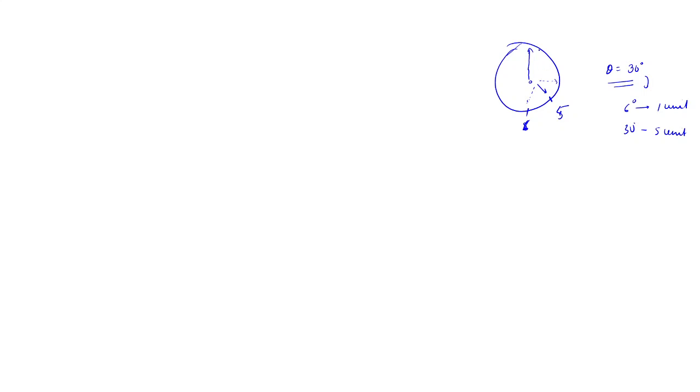So what is happening? To arrive in this position, the minute hand with respect to the hour hand will have to first cover this distance, right? What is this distance? This is 5 into 5, 25 units, because the needle is at 5, so 5 into 5, 25 units.